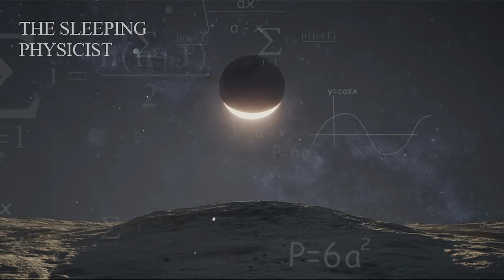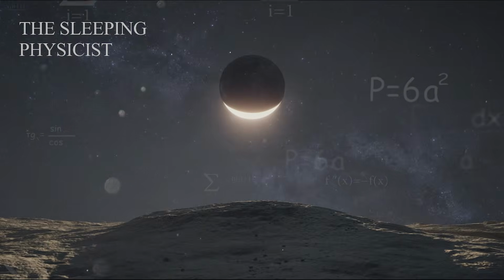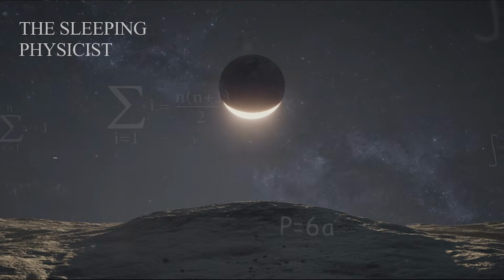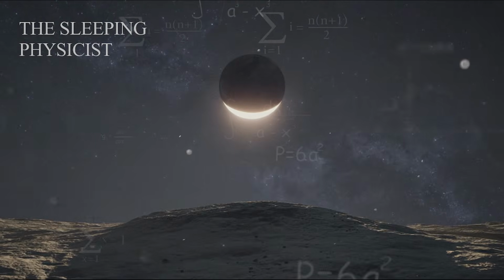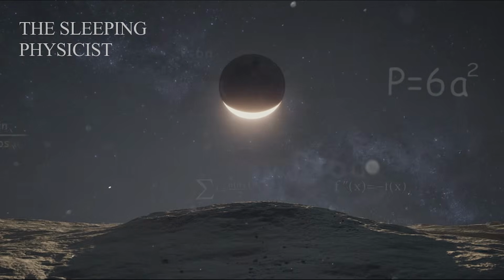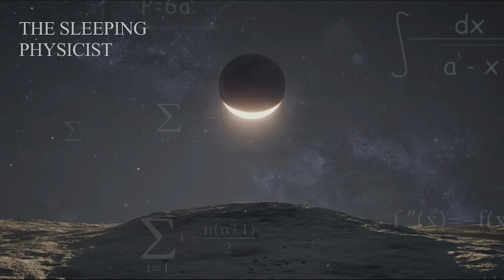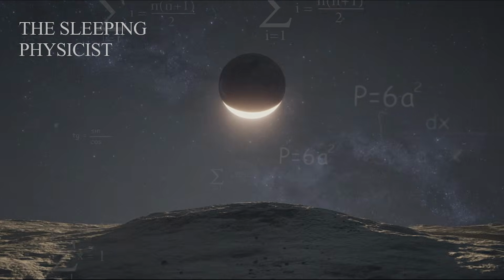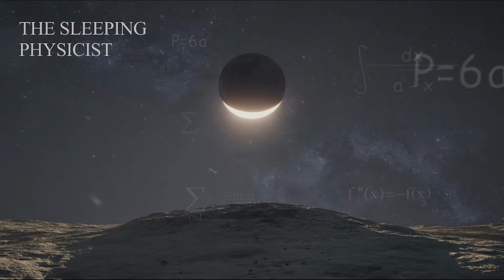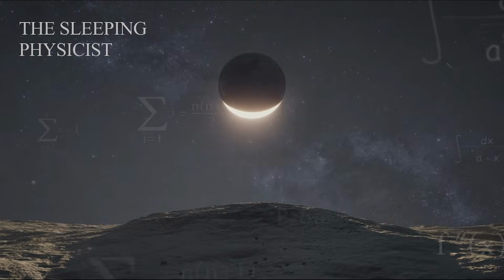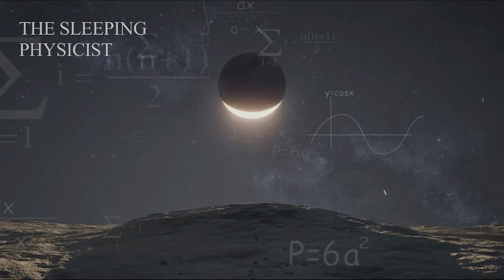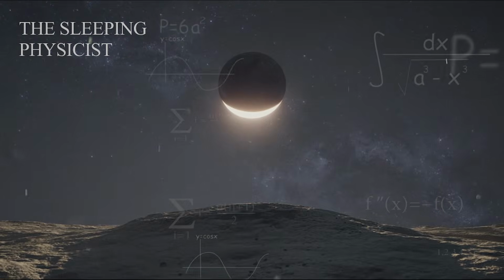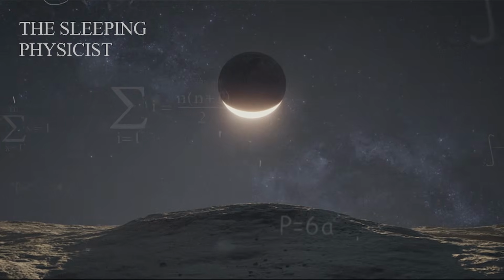So when the question returns one last time, what is charge made of according to quantum physics? The answer is calm and spare. Charge is made of symmetry, of consistency, of rules that allow interaction to exist at all. It is not hidden inside matter. It is written into how matter and fields are allowed to meet. And once that is seen clearly, the question no longer presses for resolution. It settles. The universe does not explain charge further, because it does not need to. Charge is already doing exactly what it must, everywhere, without exception.